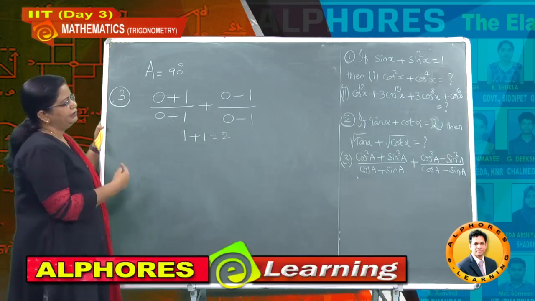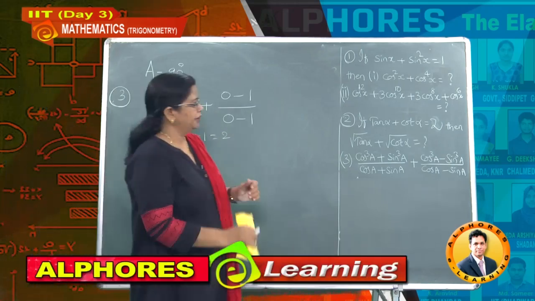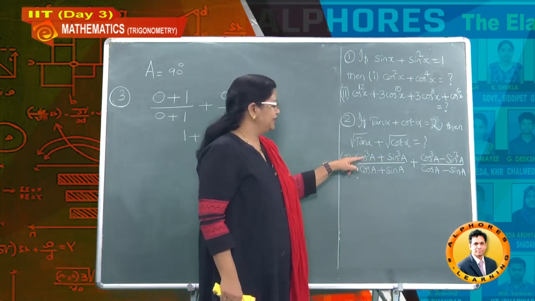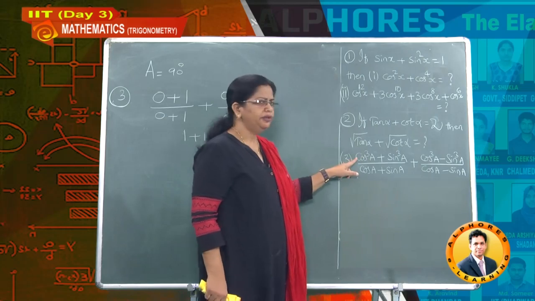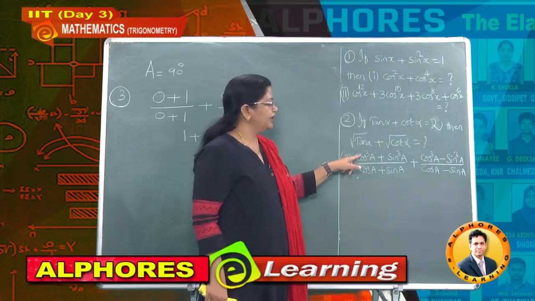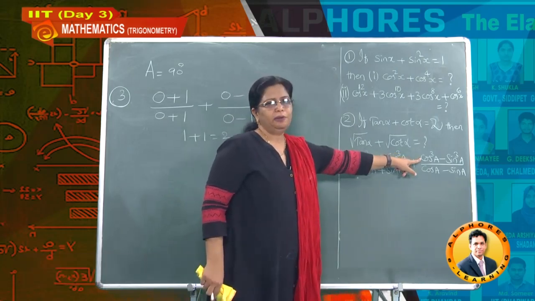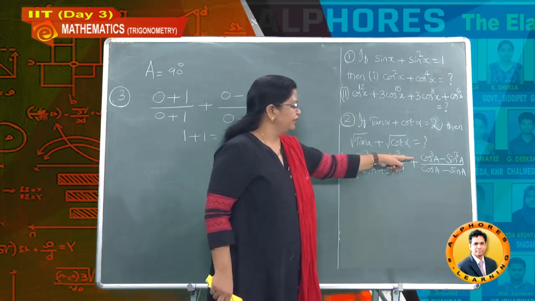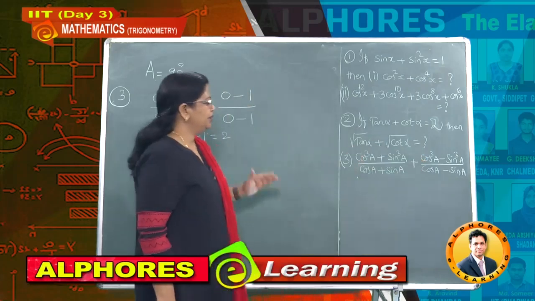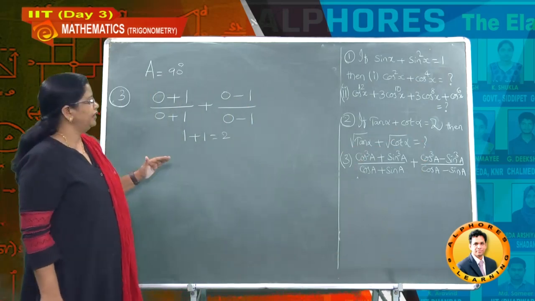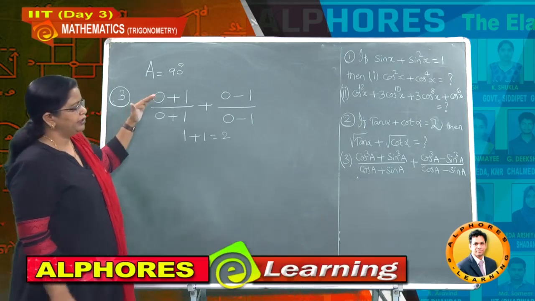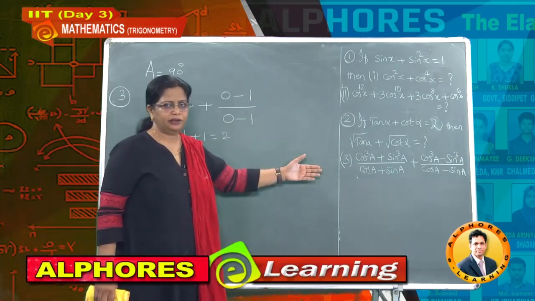Now if you want the direct procedure also, then go ahead with the formula A cube plus B cube, that is A plus B into A square minus AB plus B square, then cos plus sin get cancelled. Similarly, you apply A cube minus B cube, then cos A minus sin A, and the denominator gets cancelled. So you can use the direct procedure also, but time is very important to us, that is why I have taken it this way. But that does not mean every problem will be in that model.